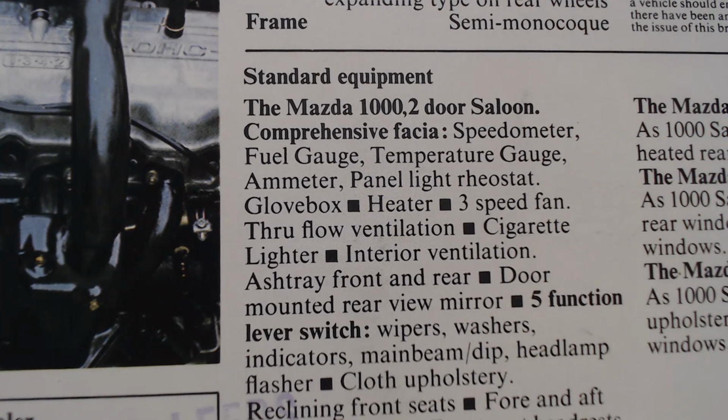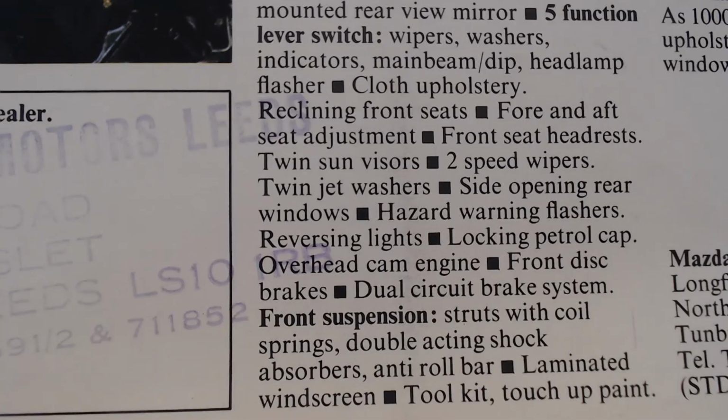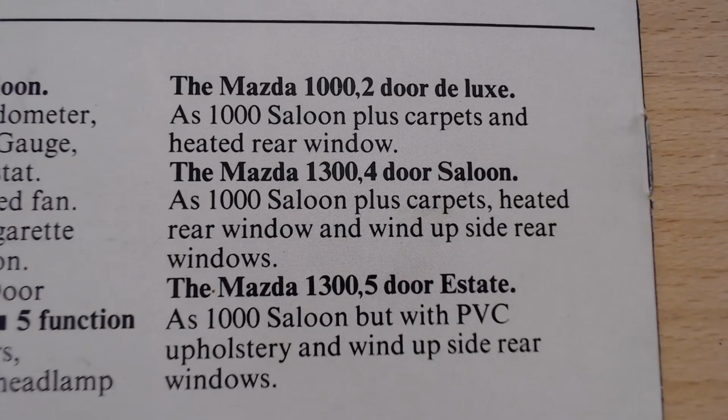They've got cloth seats and reclining front seats with fore and aft seat adjustment, front seat headrests, twin sun visors, 2-speed wipers, twin jet washers, side opening rear windows, hazard warning flashers, reversing lights, locking petrol cap, overhead cam engine, front disc brakes, dual circuit brake system, front suspension, struts with coil springs, double acting shock absorbers, anti-roll bar, laminated windscreen, toolkit, touch-up paint. And then on top of that, if you get the deluxe version of the 1000, it's